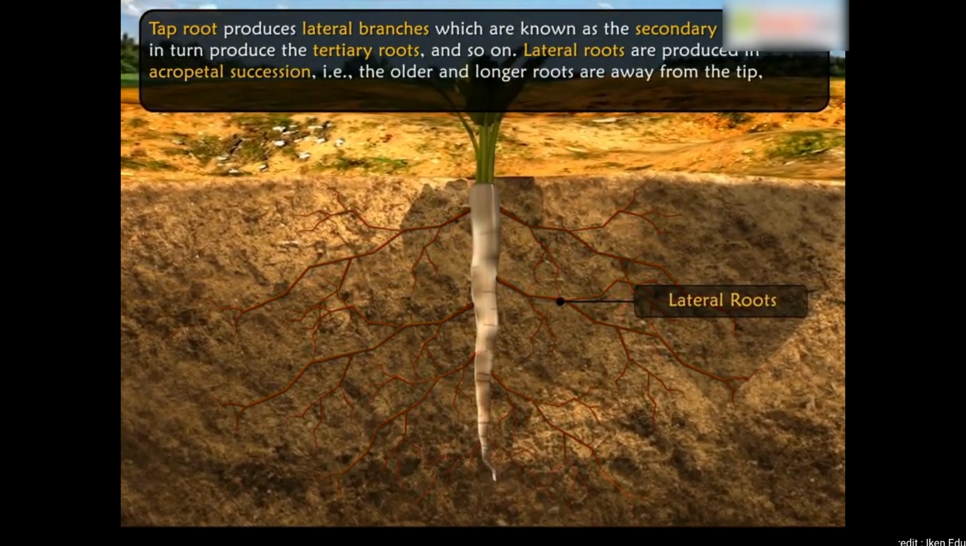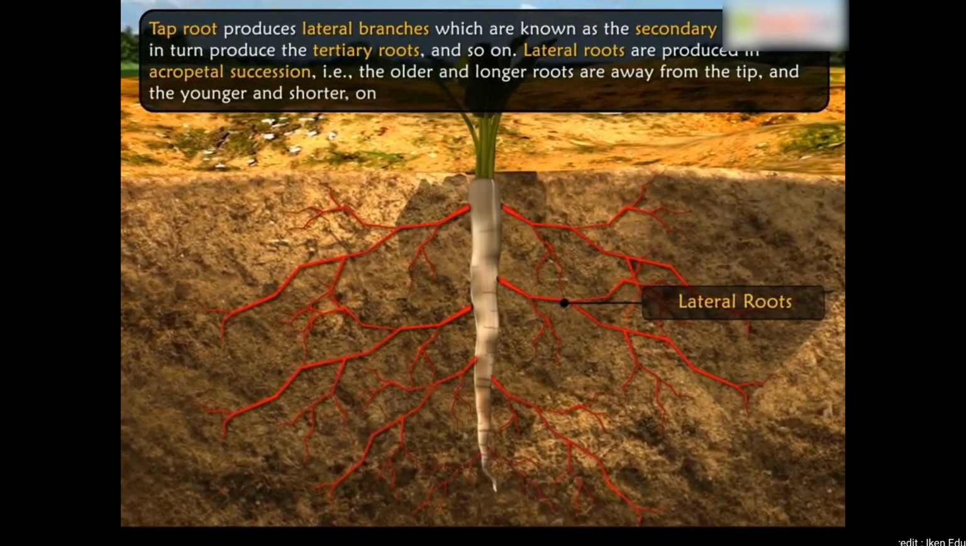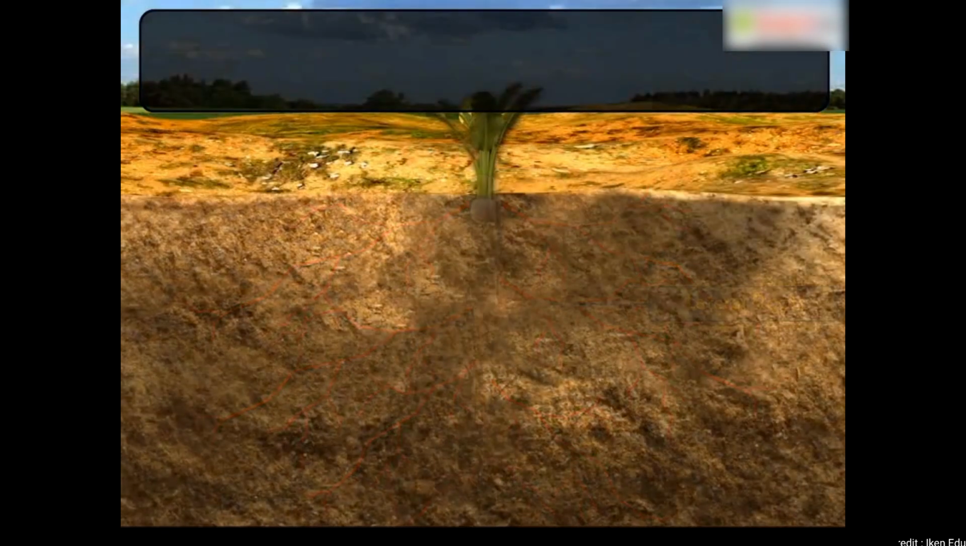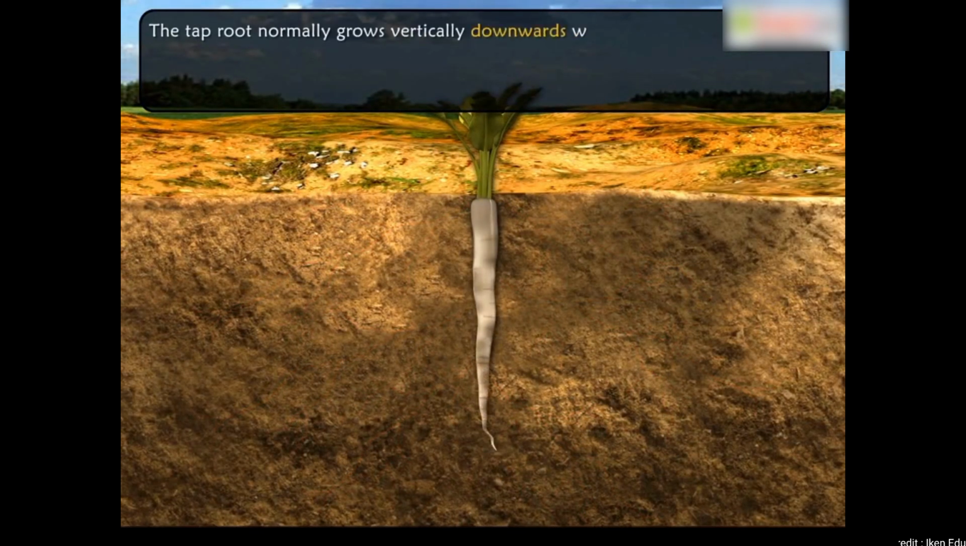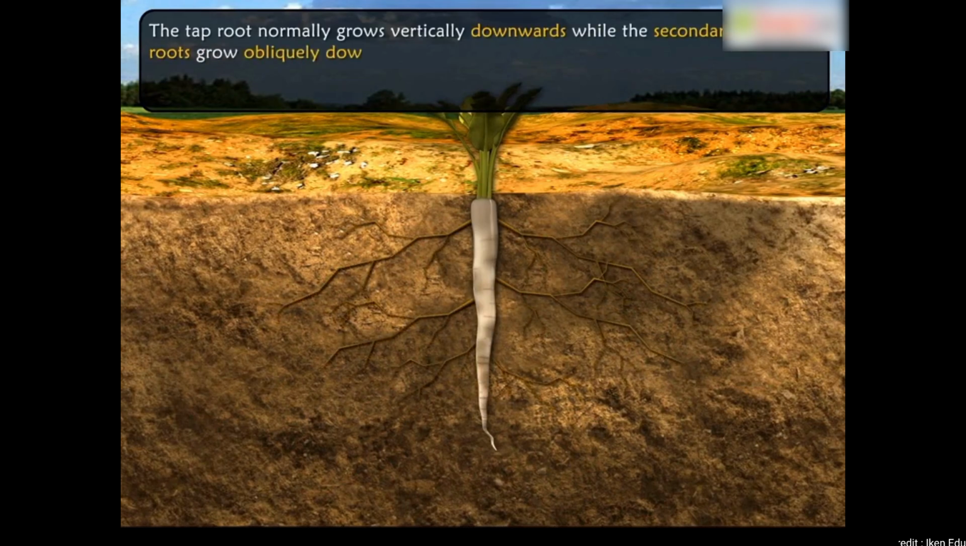away from the tip and the younger and shorter ones are towards it. The taproot normally grows vertically downwards, while the secondary or tertiary roots grow obliquely downwards or